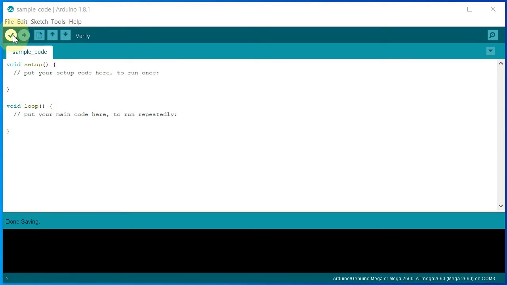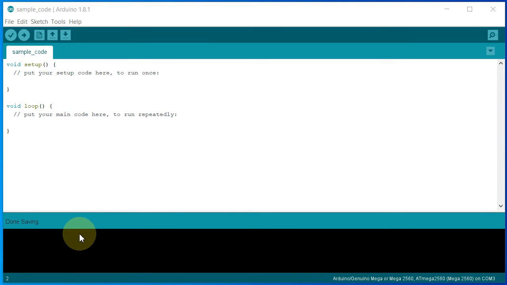The first button on this IDE is Verify. It is shown as a tick mark here. It will verify the code we have written, and it will also compile. First, let me explain what verify is. Suppose you make some syntax error in the program or code, then it will check what errors you have made and display them at the bottom of the screen.